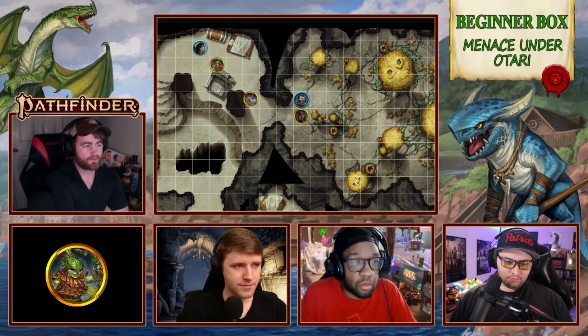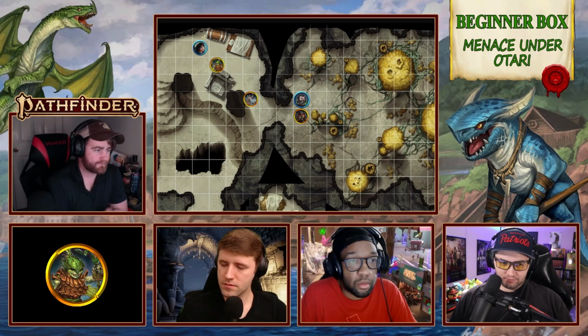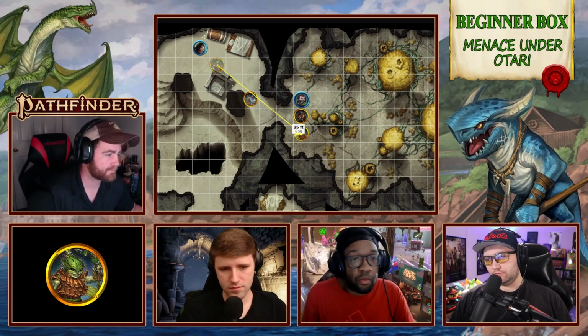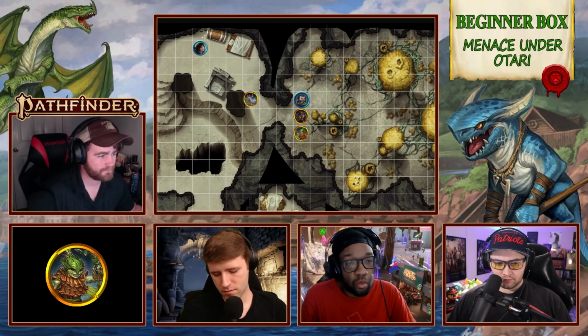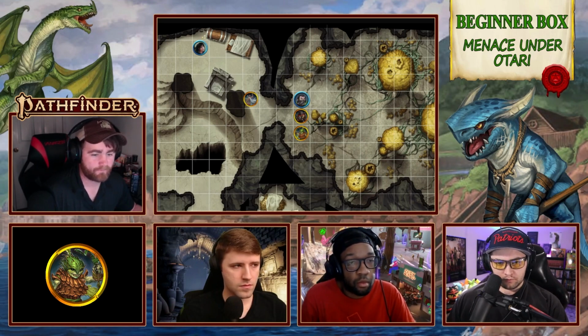Well, there's not much I can do. I can just move up, I guess. So that's what I'll do. I'll move up, and I'll use 2 actions to move, so it's a whole diagonal, and I'll use my other action to just pull out my longsword again, and that's all I got. All right. With that,